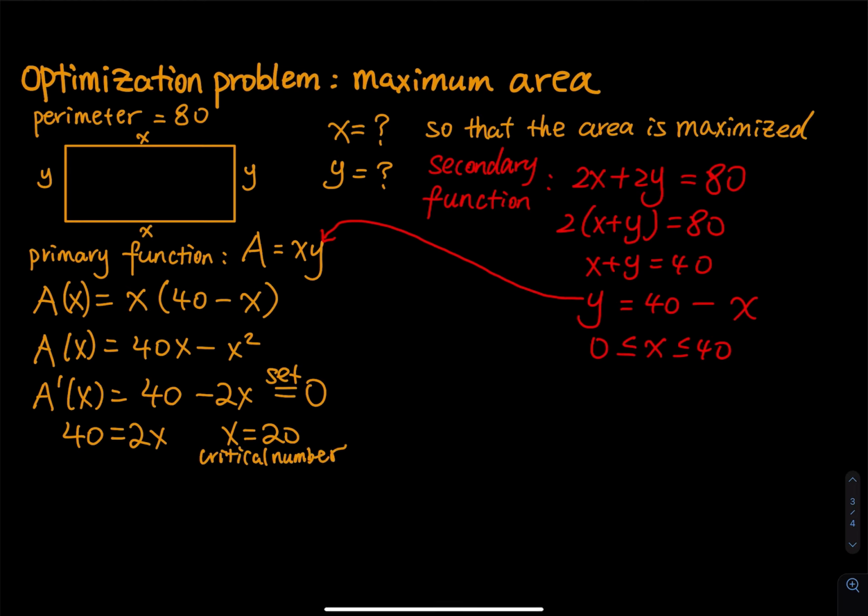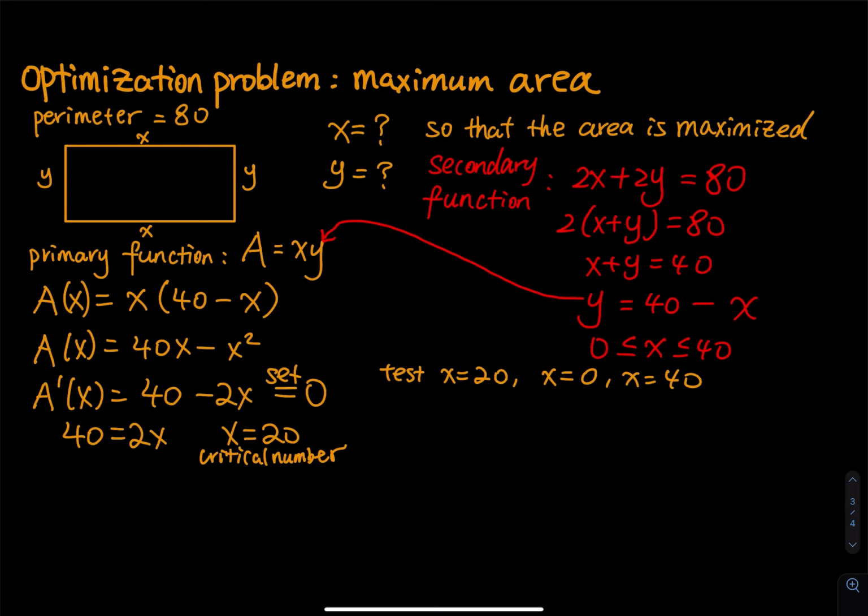And then the next step is you have to prove that when x equals 20, the area is maximized. If you don't want to go to the sign chart, the easiest way is to test x equals 20 and the two endpoints, x the smallest and the biggest. I can tell you right now that x equals 0 and x equals 40 make no sense,